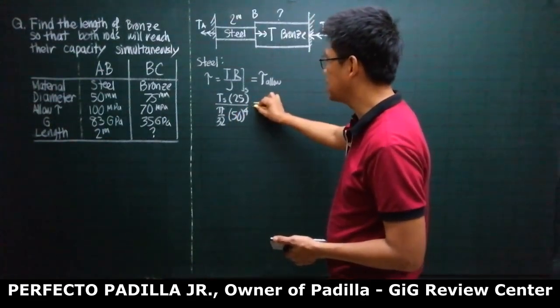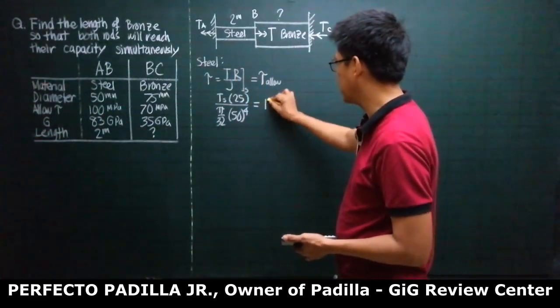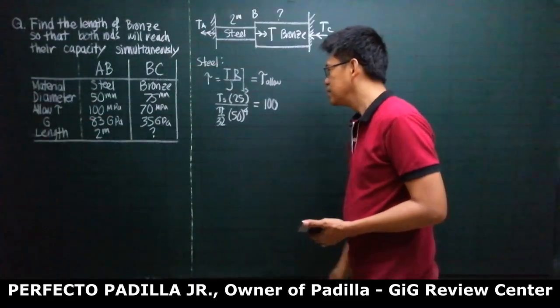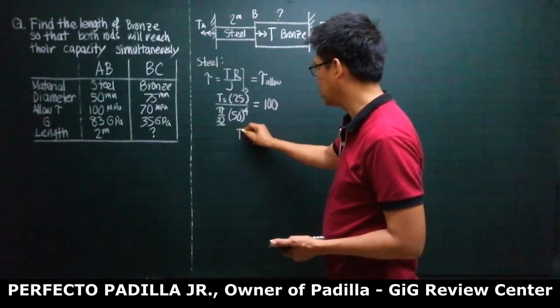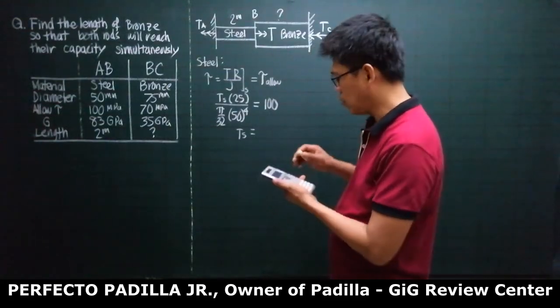This must be exactly equal to tau allowable, that is 100. Okay? So from this, we will get the torque in steel is going to be equal to